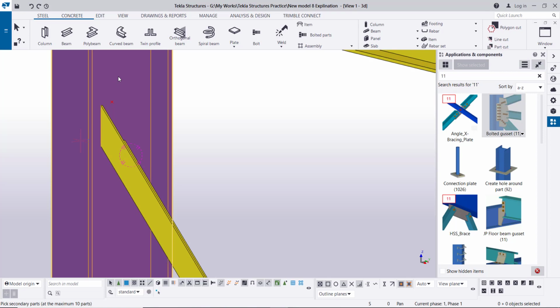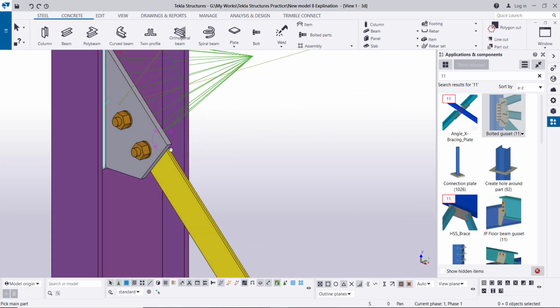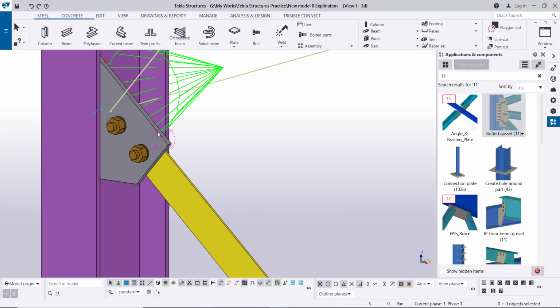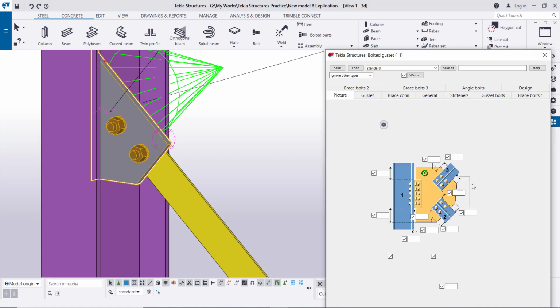We'll click the main part, then the secondary part, then click the mid mouse button. The connection is created like this. As you see, we'll go and optimize this connection. So double click. Okay, this is the picture. If you want the angle of this plate to be parallel to the angle section,